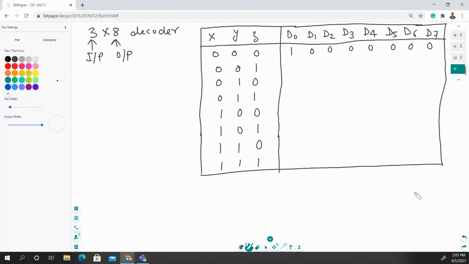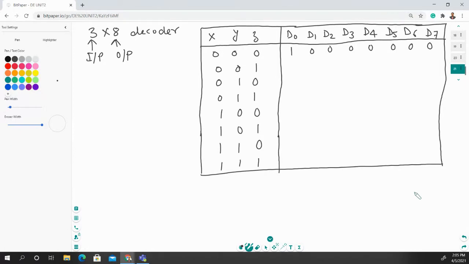Now you want to select the D1 bit. So what you have to do: when you want to select any output, you have to place 1 across that particular bit and place zeros with the other bits. Okay, clear?